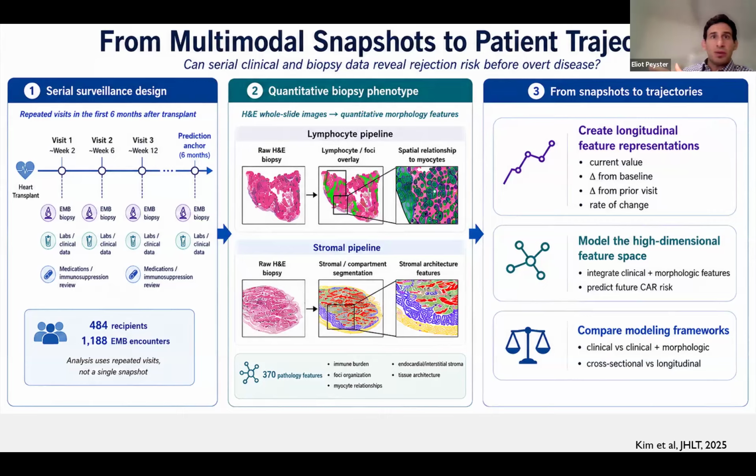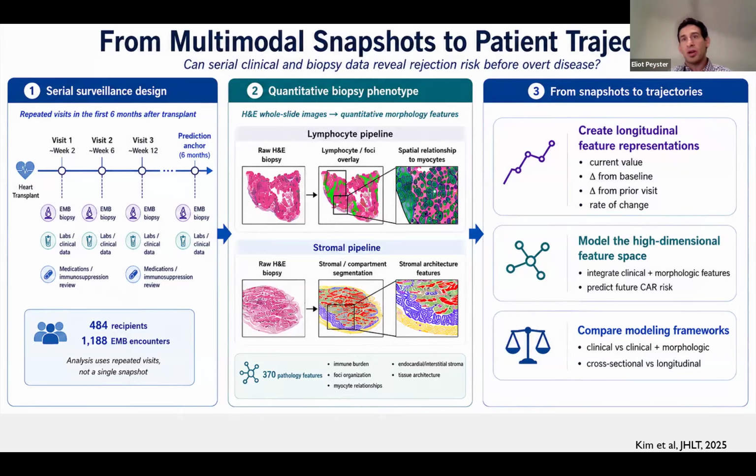So for our next experiment, the question really became, can we achieve accurate future acute rejection predictions by analyzing not only what the biopsy and clinical data tell us today, but how those measurements have changed over time? We studied more than 450 transplant patients across nearly 1,200 outpatient encounters. And at each encounter, we combined two major data domains: the clinical data comprised of extensive EHR data, and the